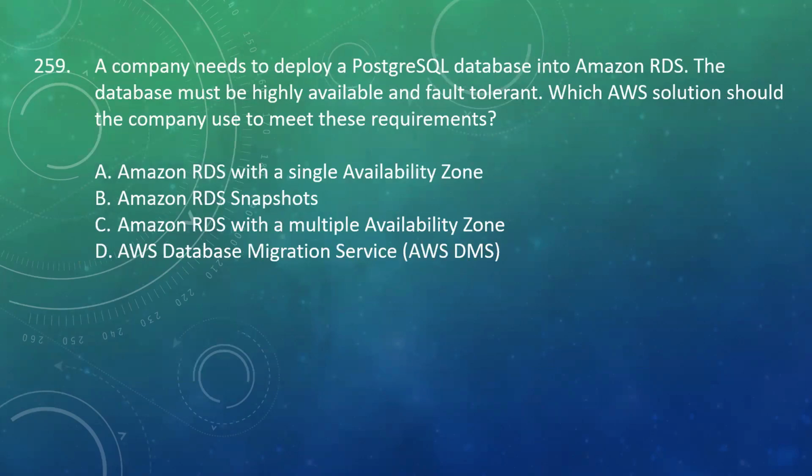Question number 259 of the series. A company needs to deploy a PostgreSQL database into Amazon RDS. The database must be highly available and fault tolerant. Which AWS solution should the company use to meet these requirements? Your options are Amazon RDS with a single availability zone, Amazon RDS snapshots, Amazon RDS with a multiple availability zone,